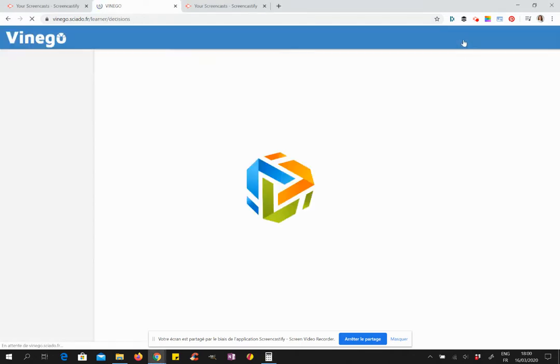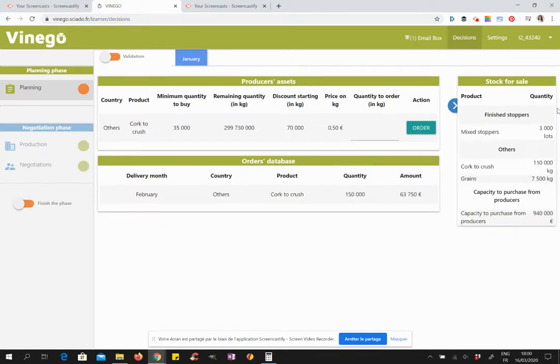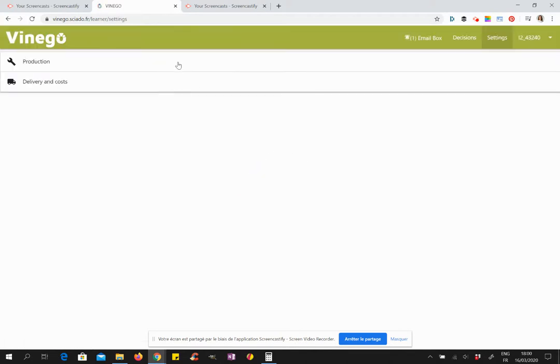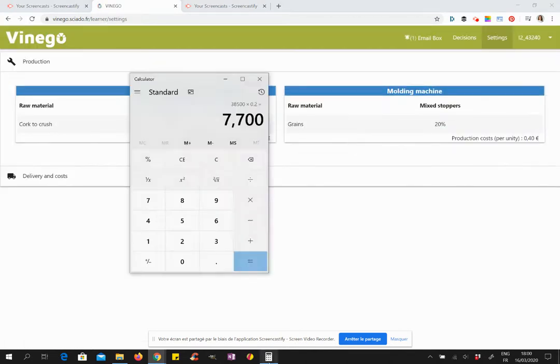If we come back to my stock to have a look, I have produced my cork to crush, but I didn't produce my grains. So let's produce them. My grains, coming back to the process of production, I will find out here that I have almost the same process, and it's easier because I only transform grains into mixed toppers. So I will obtain 1,500